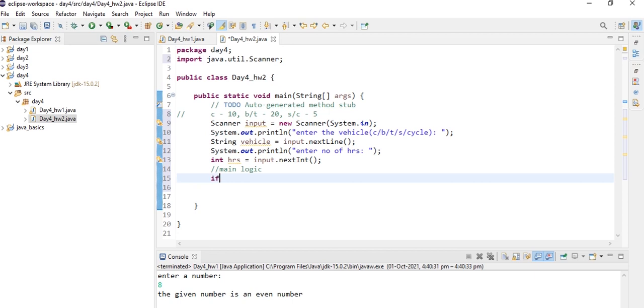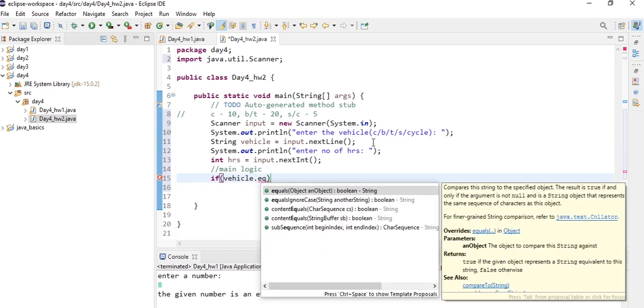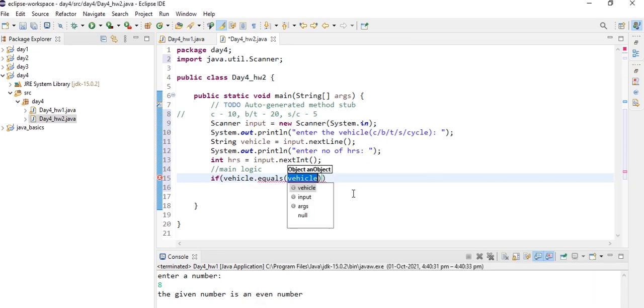So first we will write a condition: if vehicle.equals, this is the method, and car.